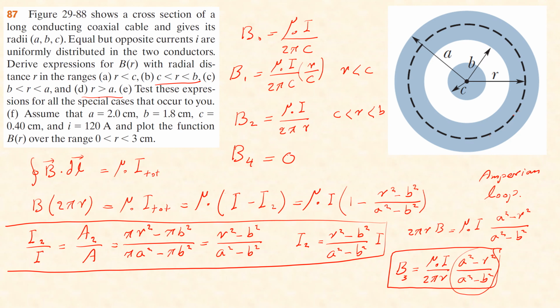And test these expressions for all the special cases. That's just what I did. Assume that A is equal to 2 centimeter, B equal to 1.8 centimeter, C equal to 0.4 centimeter, and I equal to 120 amp, and plot the function over the range of 0 to 3. So it says outside is 0. You can say the plot goes like this, from 0 to that, and then it goes like that, and then goes like this, something like that, and then after that will be 0. All right,